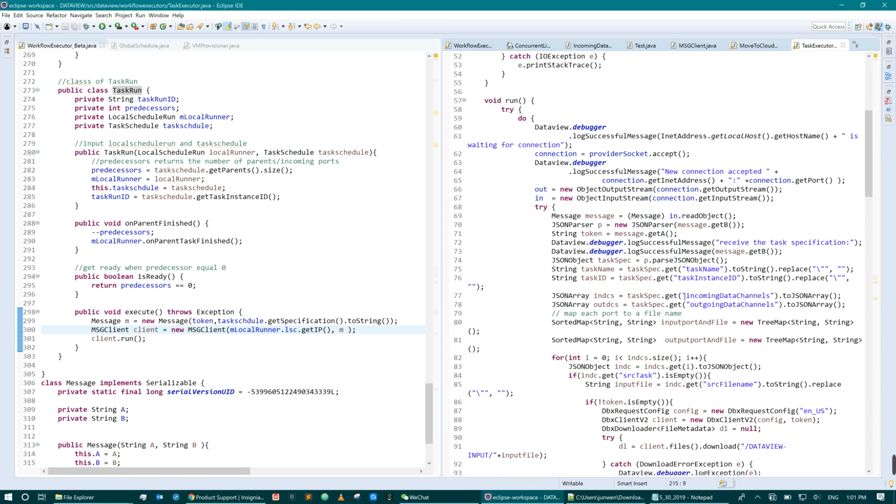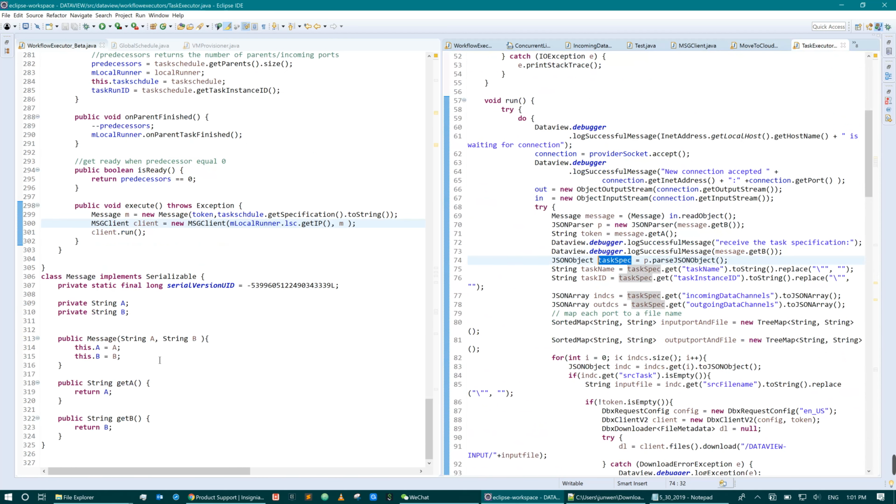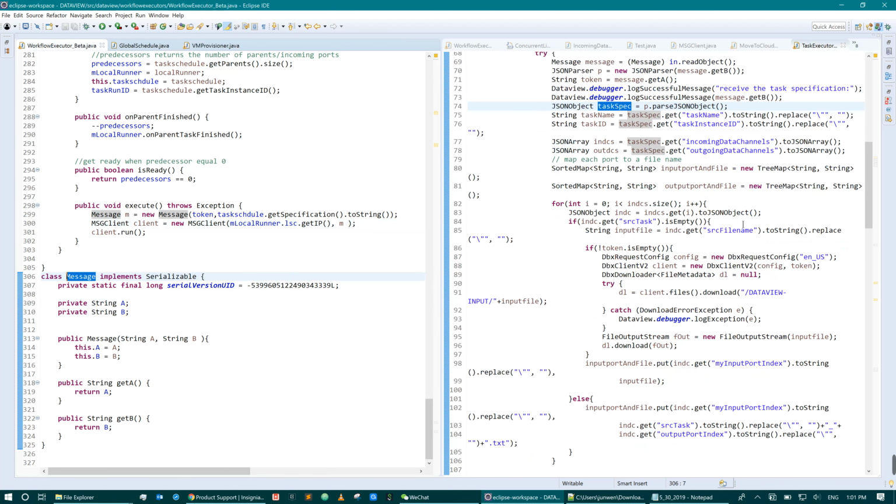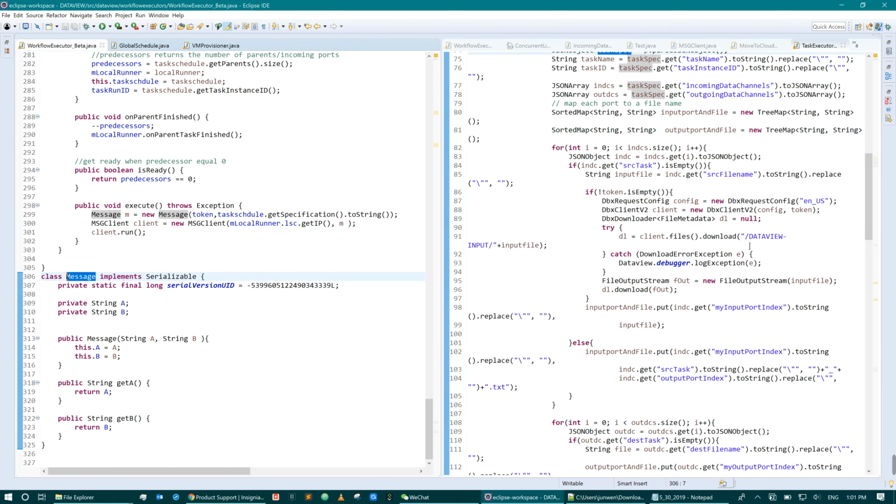output port information from the task specs. Here the task specs are included in the message that is passed from the workflow executor when the task is executed. These specs will be included in this message object and passed to the VM, and in the VM it will be parsed into the input and output as well as the task names, and then the tasks will be saved as a jar